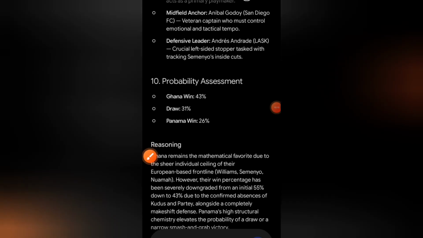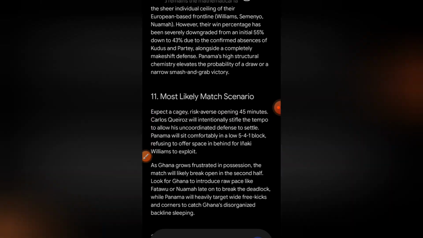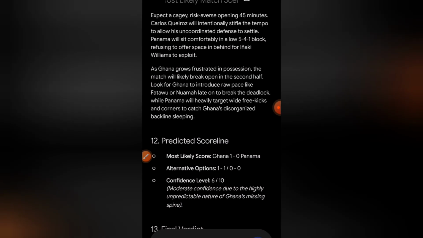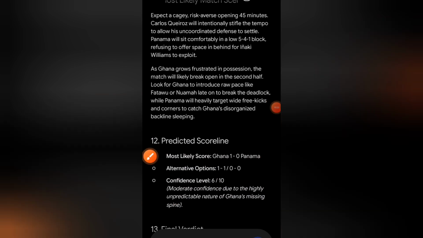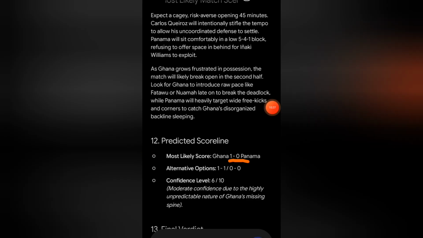So we are going to skip who to win or double chance in this match. Now looking into the predicted scoreline, the most likely score that we have here is 1-0. Very similar to what we have in the match between England and Croatia, but even worse than that. This predicted scoreline is suggesting that we should not be expecting even more than 2 goals at all in this match. So we are going for under 4.5 goals in this game.